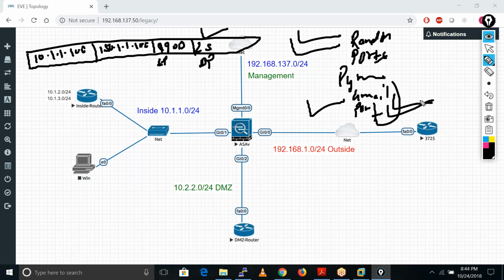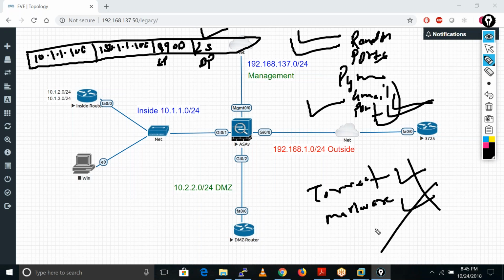Because if somebody knows the exact port number and IP address of Gmail, they can easily launch a DDoS attack, and the whole business is gone in 1 second, right? That's why some malicious websites, like Torrent or some malware websites, also do the same thing. They change the IP address and the port numbers every time.